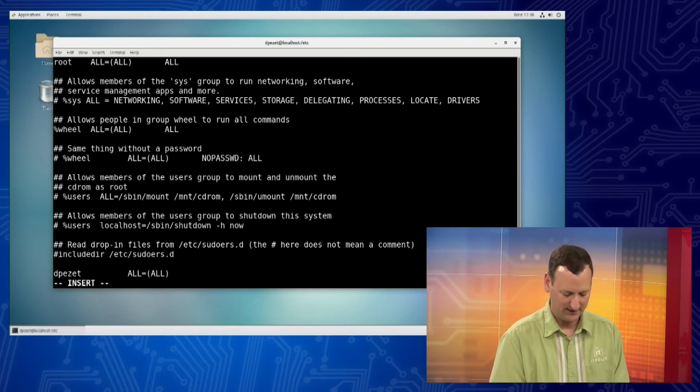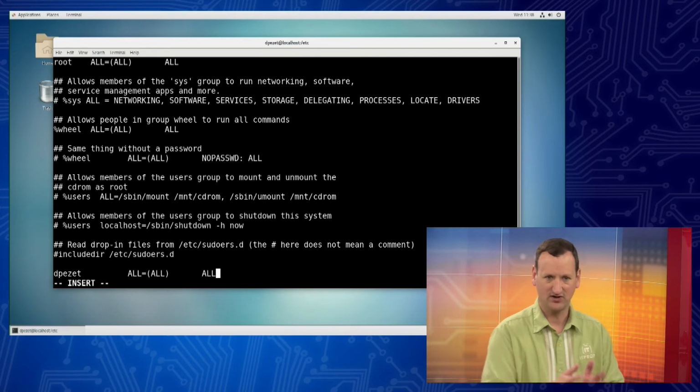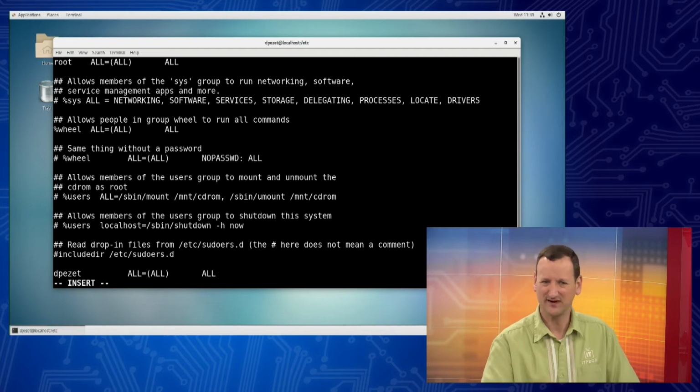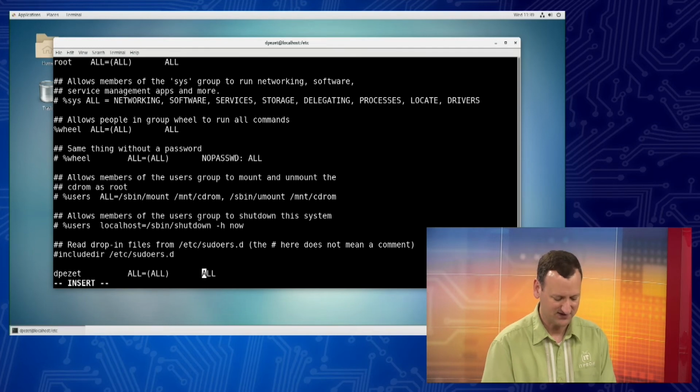And then for those commands, I do need to authenticate, so I'll add the password there. That's the way the syntax works. I might want it so that when I run commands, I don't have to provide the root password, right? If you have to type the root password every time, that gets a little annoying. So I could come in and say NOPASSWD: ALL on that last one, which we see an example